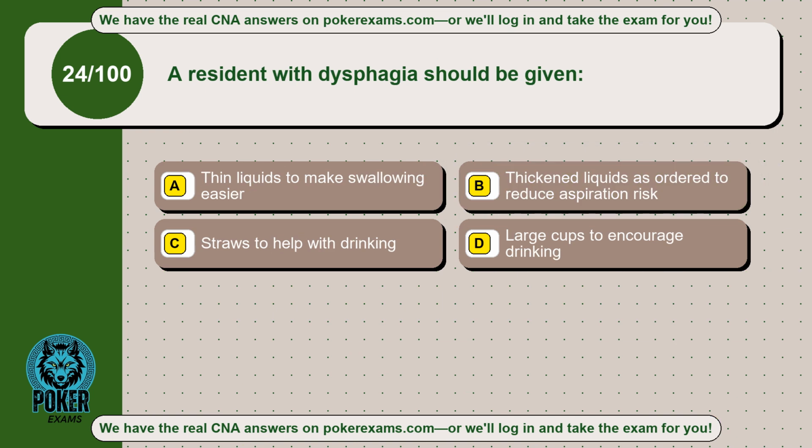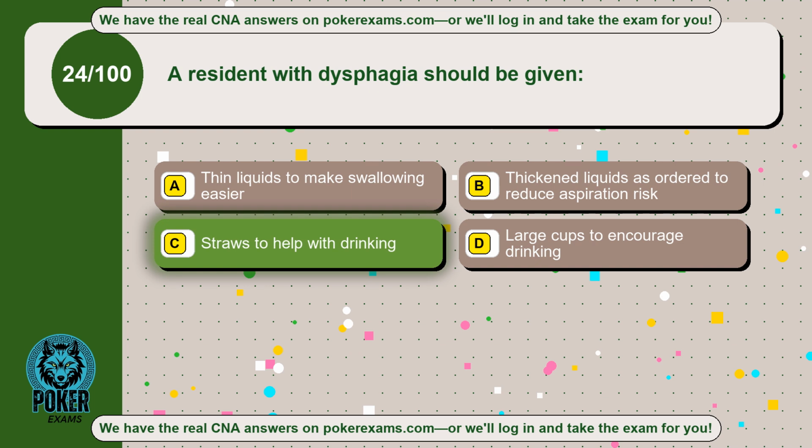Question 24. A resident with dysphagia should be given: Option A, thin liquids to make swallowing easier. Option B, thickened liquids as ordered to reduce aspiration risk. Option C, straws to help with drinking. Option D, large cups to encourage drinking. The correct answer is option C,